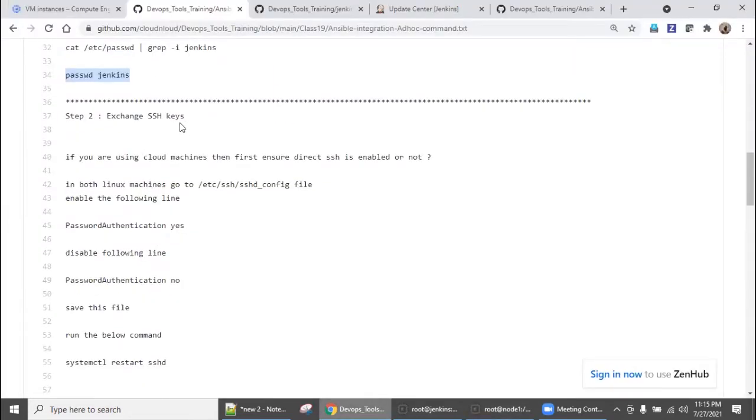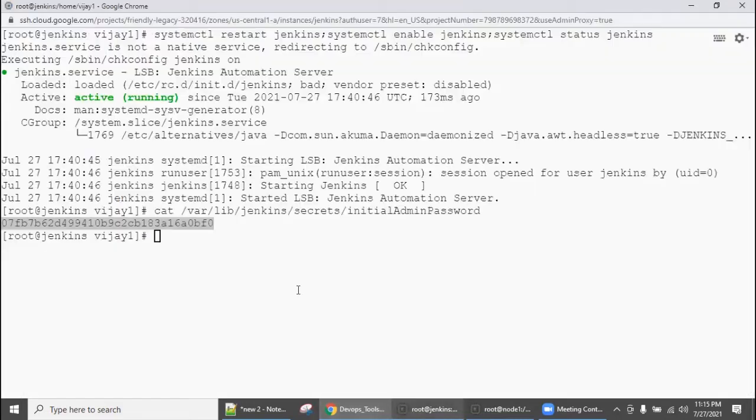So come down, enable SSH. As I said a couple of times, if you are using a cloud machine, you need to enable the SSH. By default, the SSH will be disabled. So I'm going vi /etc/ssh/sshd_config. So the same command, you copy.